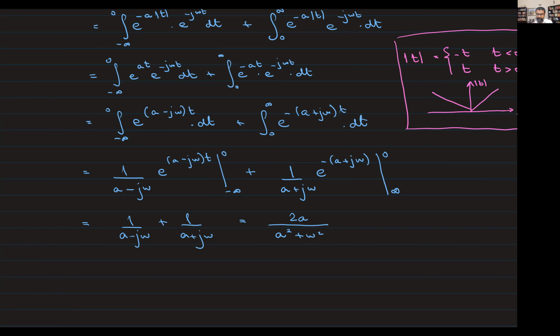Yes Talha. How did you go from infinity to 0 in the second one? Sorry? When you integrated here, you wrote it as infinity to 0. Yeah. Minus infinity below. In the second? In the first, yeah, second, yeah. Here? Yeah. Because there was a negative sign here, I just incorporated that inside the limits. Okay, after integration we got a negative. Yeah. Okay. All right.